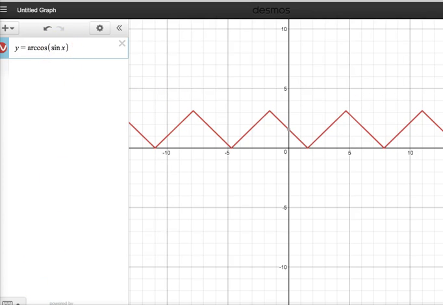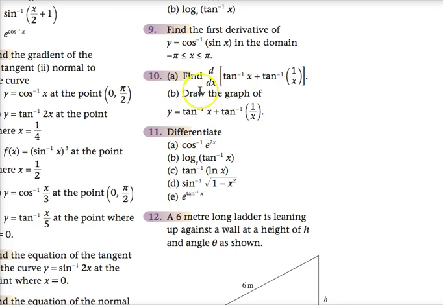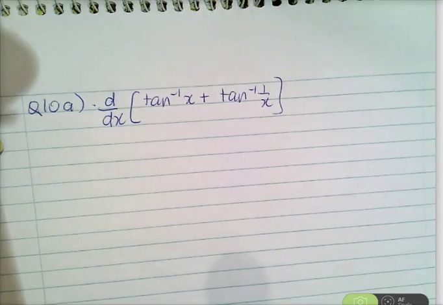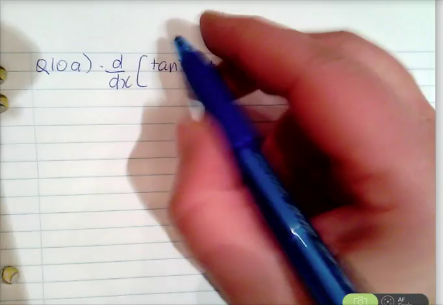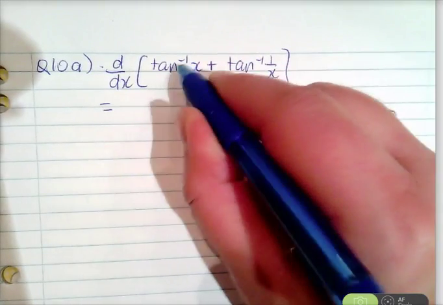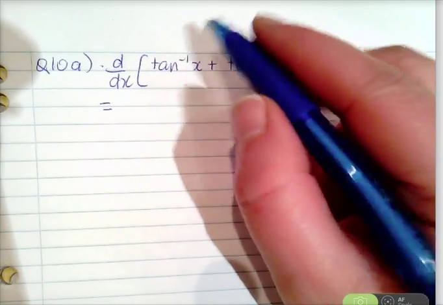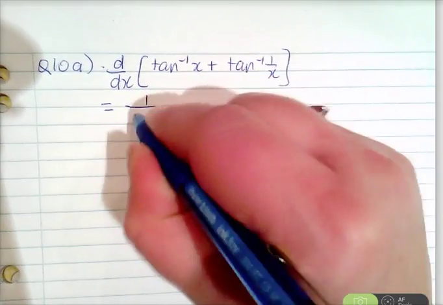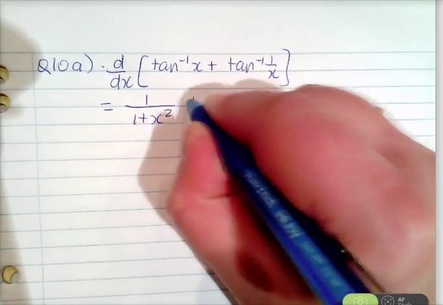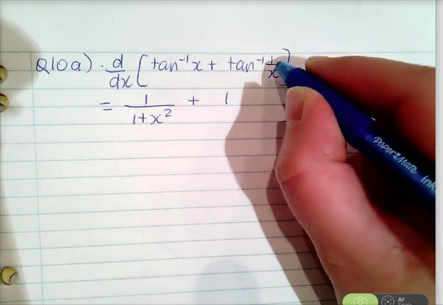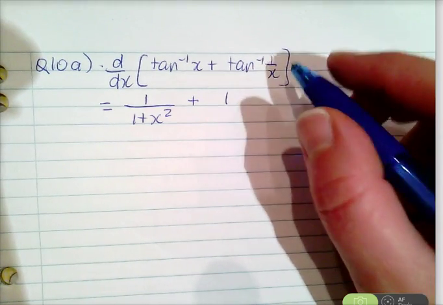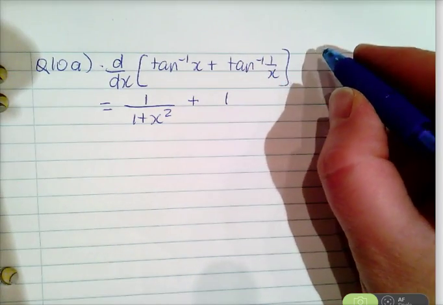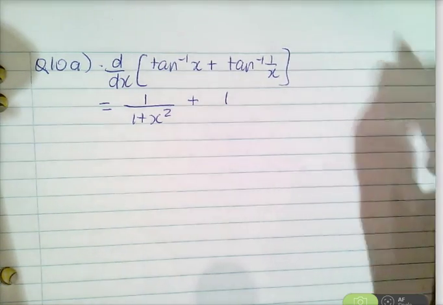Okay, question 10 here, which is to find the derivative of the inverse tan of x plus the inverse tan of 1 on x, and then to draw the graph. Okay, so let's differentiate. The derivative of inverse tan of x would be 1 over 1 plus x squared, and the derivative of inverse tan of 1 on x would be,